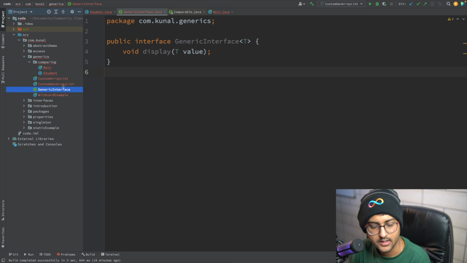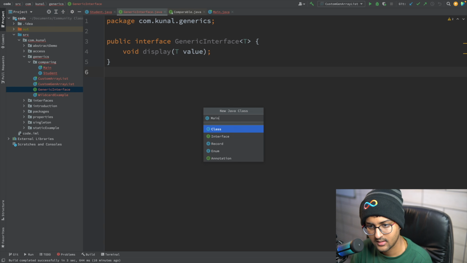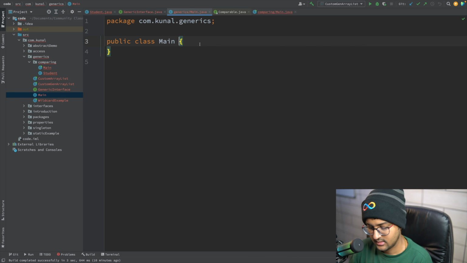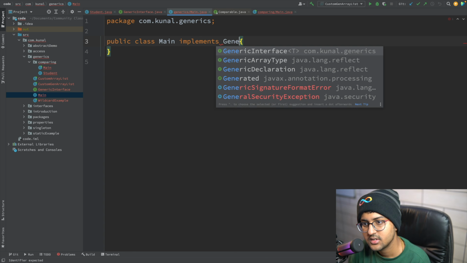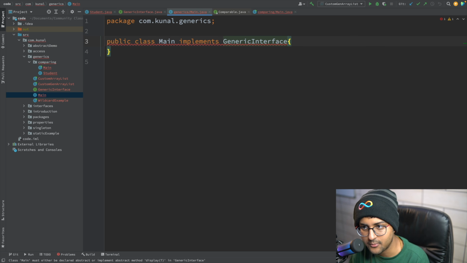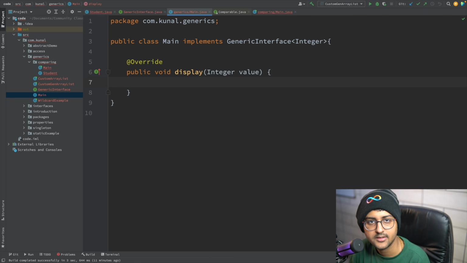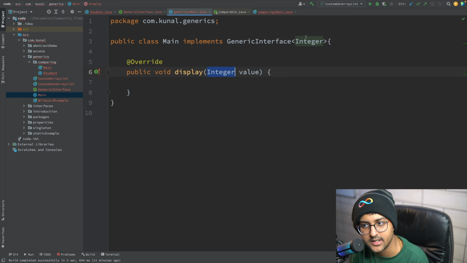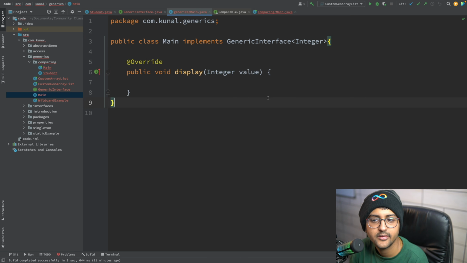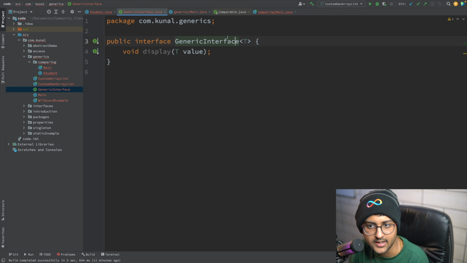Then I can create a new class that implements what? GenericInterface T. Here I would have to provide some generic type, so obviously Integer, let's say, for example. Since it is Integer, I will have to implement the methods like this. You can see this is already replaced by whatever type was provided here. No problem. So this is how you can provide generic interfaces.